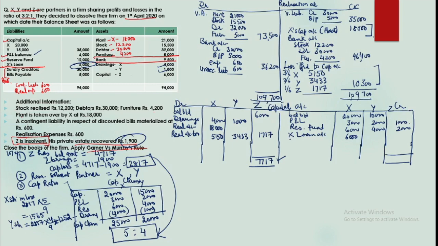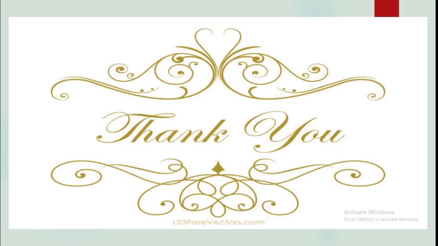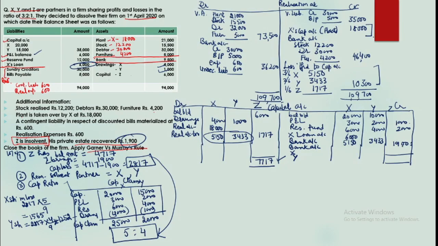So ruling says that first of all these partners will be asked to make up for the realization loss. So they need to bring this much amount in cash. Then you will give them the loss. So now we'll ask Z to bring in the amount that he can bring. So he can bring 1900. So we'll ask him to bring this. Remaining loss will be taken up by X and Y. So how much are they taking? X is getting 1565. So X is to bear this much loss and Y is to bear 1252.